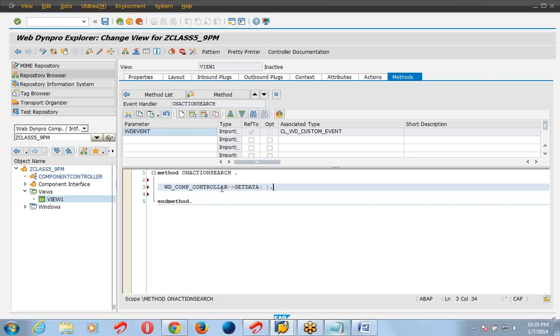If I created the method at the view level, then I will use wd_this, because I am calling this method from the same controller. If I want to call the method from the component controller, then I have to use wd_comp_controller. Save it.